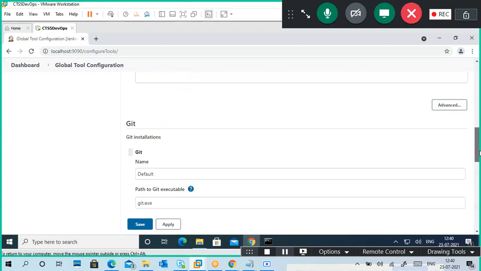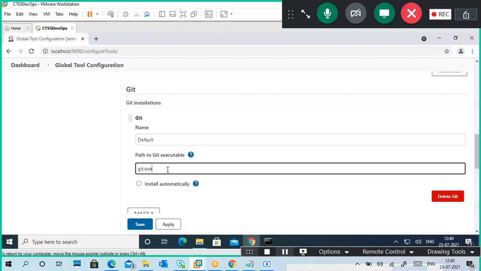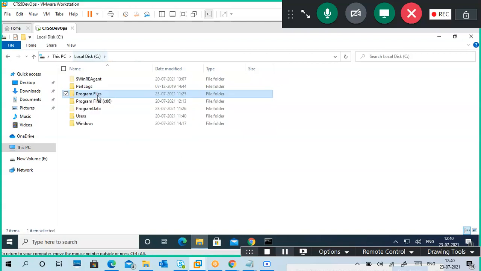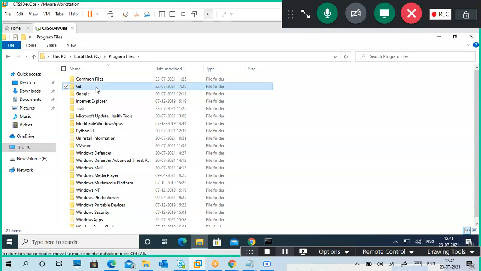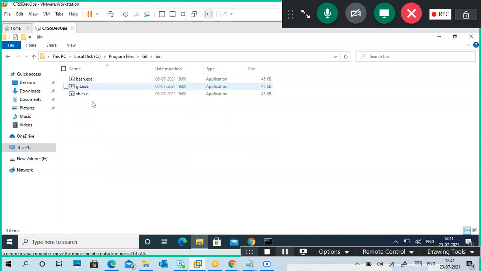Clear cache we are not using. Git is there, so I am going to tell where Git is. Program Files, Git. You have to give git.exe, in bin or cmd, anything.